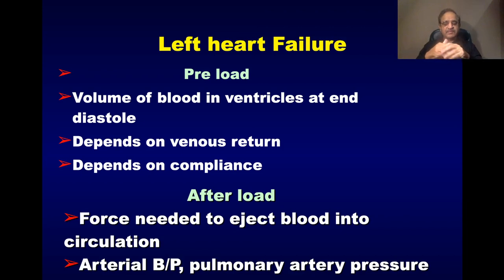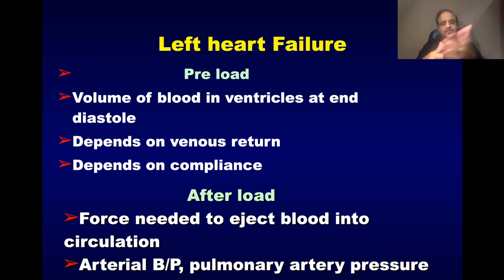Similarly, in patients with heart failure with reduced ejection fraction, the left ventricular cavity is dilated and accumulates a lot of blood. So you can say that in patients with heart failure with reduced ejection fraction, the left ventricular preload is high. Afterload is the resistance, the pressure against which the left ventricle contracts to pump